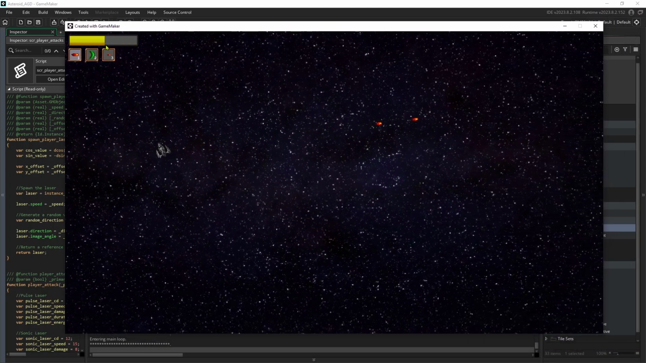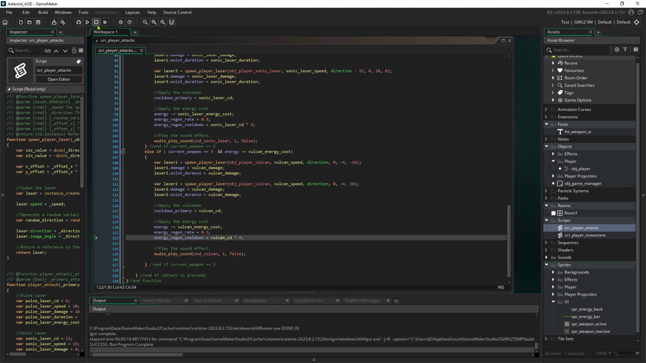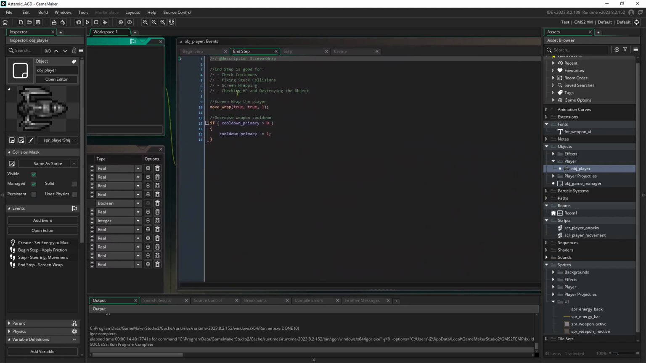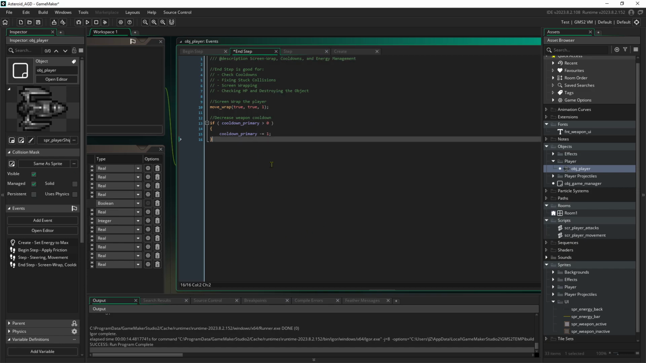So when I hit attack, you can see that bar is going down. It never comes back up because we haven't set that yet. And so let's go set that, and that'll be the final thing. So inside of player, during the end step, if we recall, this is where we typically manage stuff such as cooldowns or managing the energy. So we're going to say screen wrap, cooldowns, and energy management. So the code for all of this, I guess let's put here,